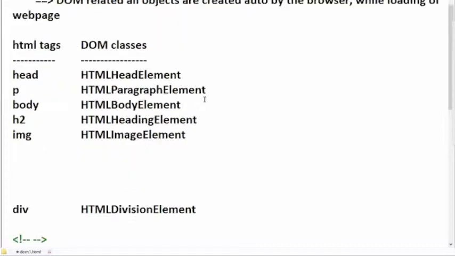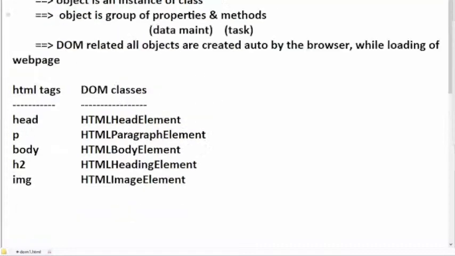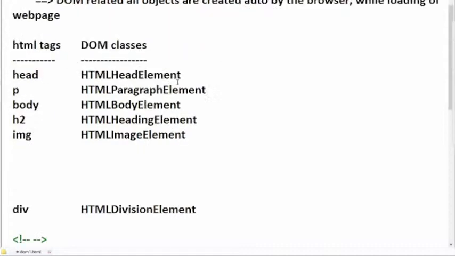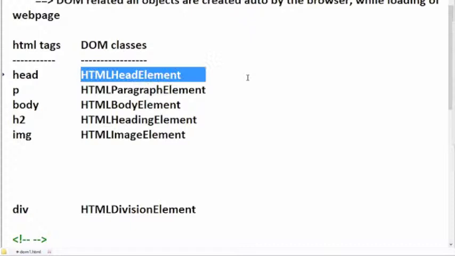Now, as per yesterday's explanation, for every class we need an object. But I have given the classes list here. So if I want to utilize this class in my program,